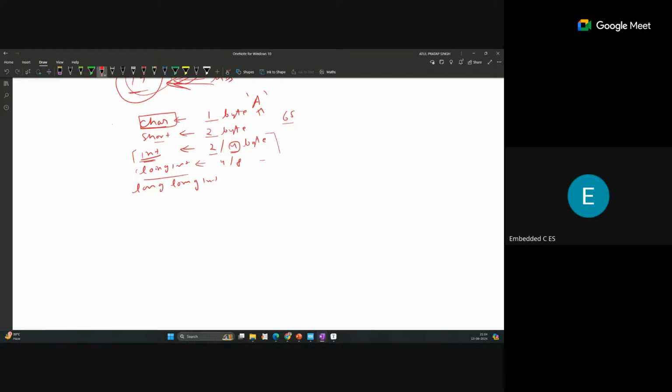So how can you decide that? Because if you're writing code for one machine, and later that compiler and machine are changed, the size may also change. Okay, if you are using int and you are writing the code assuming 4 bytes, but the same code runs on a machine which allocates only 2 bytes for the integer, there is a chance you will get an error and some buggy behavior in your program. So because of that,